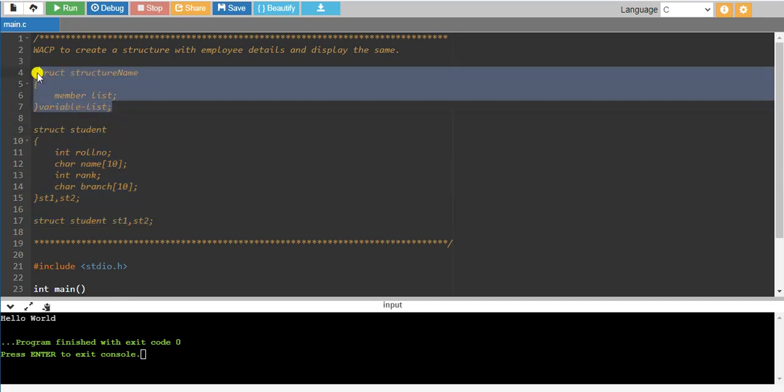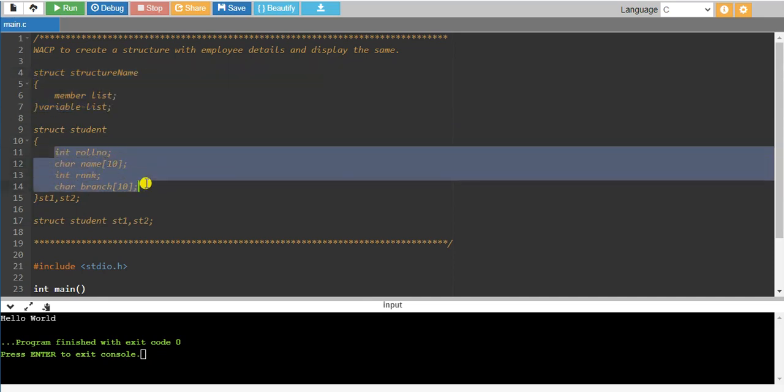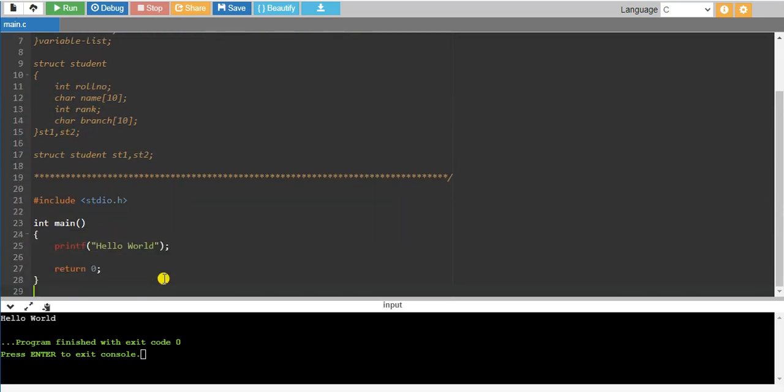So this is how it works, and we can make use of all the variables in our programs for knowing the roll number of the student, for knowing the name of the student. Then I'll move to the coding part, how this works. We saw how to create a structure, and now we will create a structure with the help of employee details and display that. We'll be coding for that.